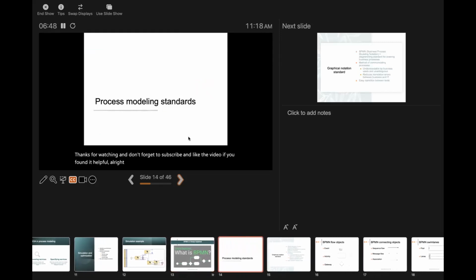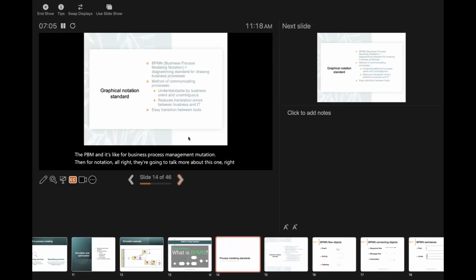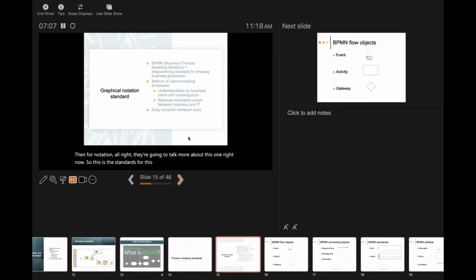All right, this is a very simple explanation. BPMN stands for business process management notation, then notation. All right, we're going to talk more about this one right now. So this is the standard for this one. Graphical notation standards like BPMN, process modeling notations, equal the diagramming that we had last class, as you saw last class. Okay, standards for drawing business processes, a method of communicating processes understandable by business users and unambiguous as well,